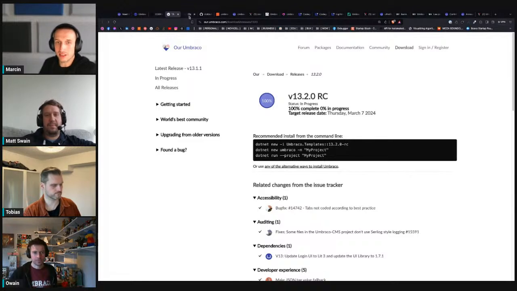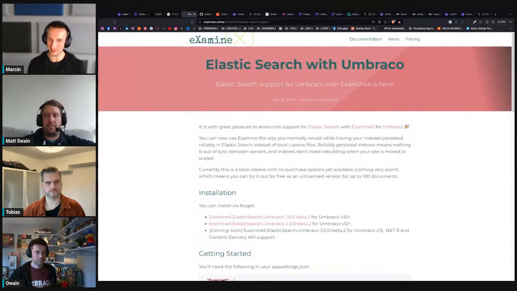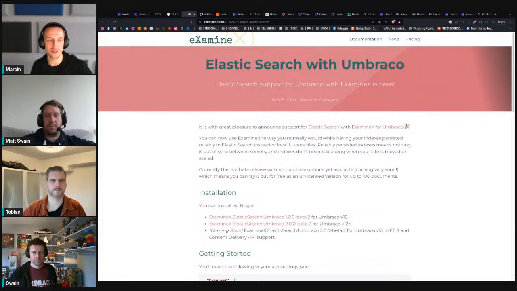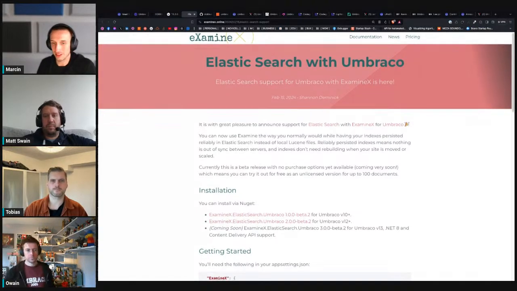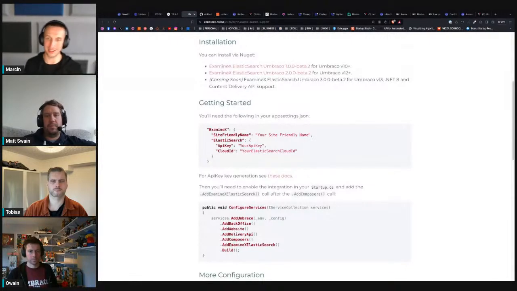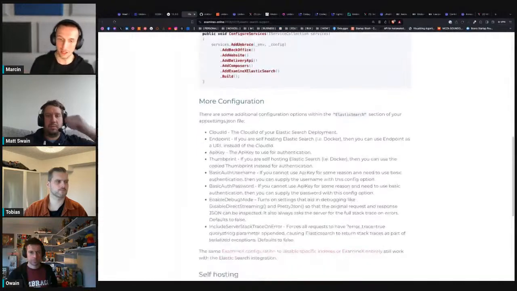And a couple of package releases that I wanted to mention. One of them is from the ex-Umbraco HQ member Shannon. Shannon released something called ExamineX, a search provider for Umbraco that moves the search indexes to third-party solutions like Azure Search and now also Elasticsearch. Thanks to this new extension, the indexes from Umbraco can be seamlessly transitioned to Elasticsearch cloud indexes and the Elasticsearch provider, which is really cool.